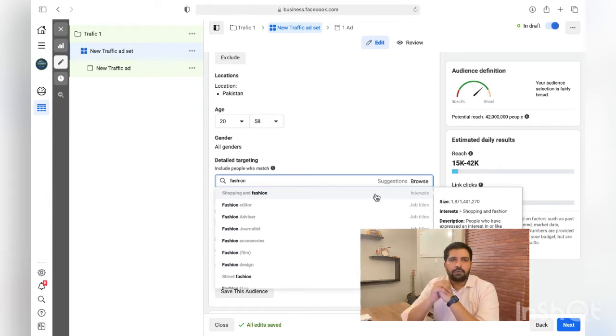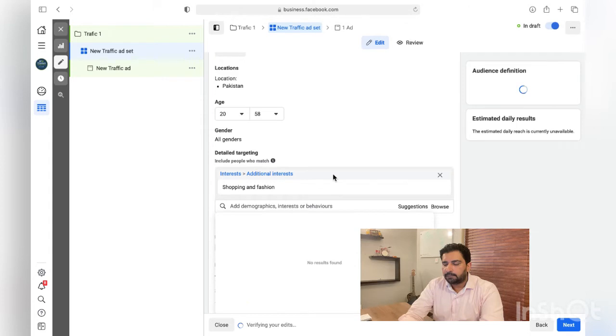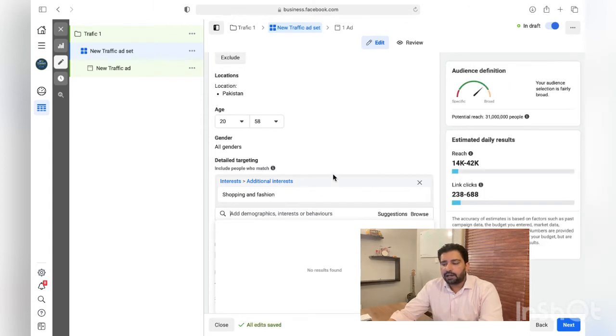For instance, if you're a fashion store selling clothes, you can use different behaviors and interests like fashion, and it'll give you an estimated size of that audience.